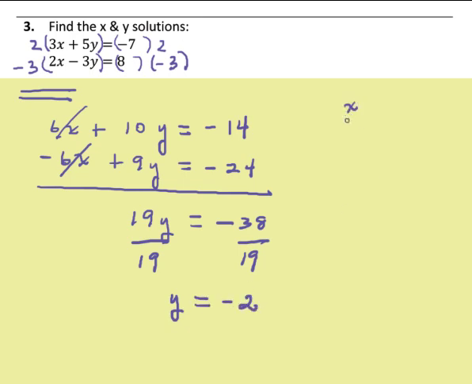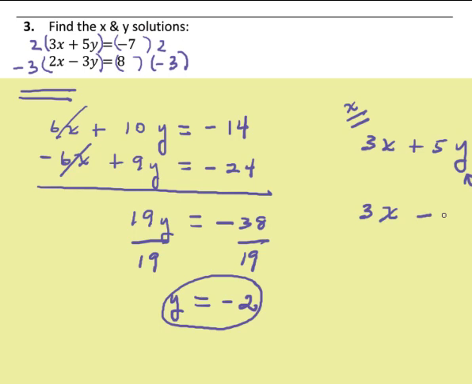And now we want to figure out x, so we take either one of the original equations. Let's say we take the top one, and we substitute this value that we found right here, and then we'll be able to figure out x. So we have 3x, this is a minus 10, is equal to negative 7. Alright, now add 10 to both sides, and we have 3x is equal to 3, divide by 3, and we have x is equal to 1, that's